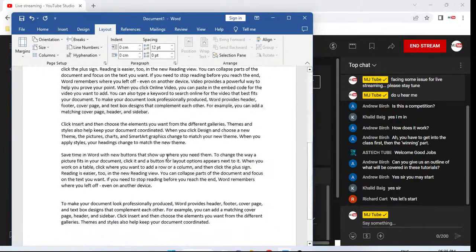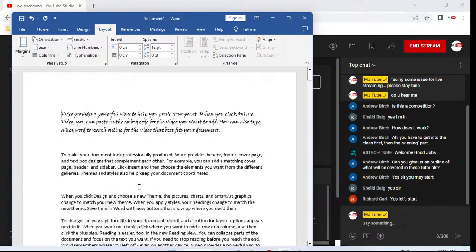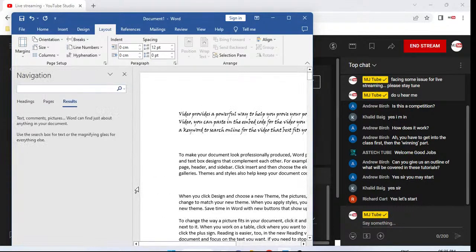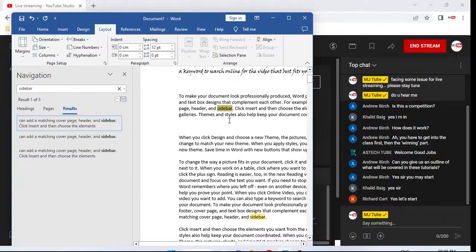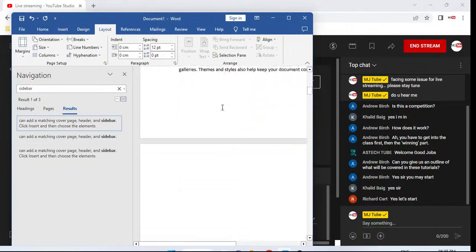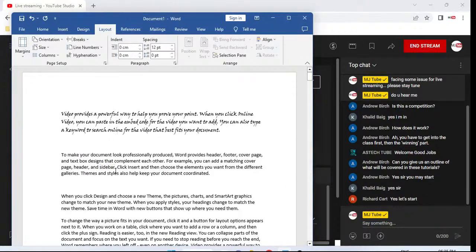And next, how to find and replace, and how to go to a page number. Okay, let me open some pages. Here, to find anything in your document, press Control F and type what you want to search. For example, I am going to search for sidebar. After you type it, hit enter. It will show where the word sidebar is in the entire document. So press Control F to search for anything in your document,